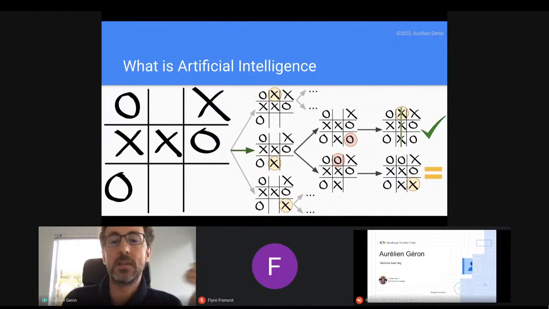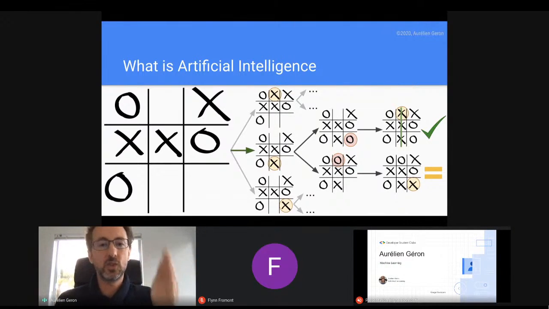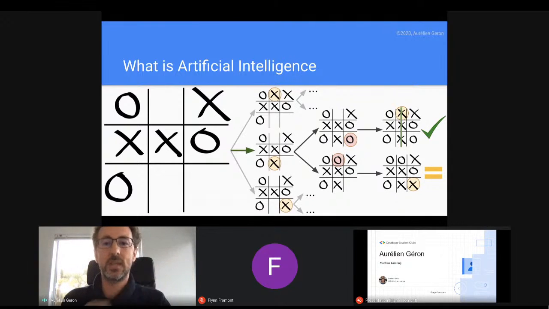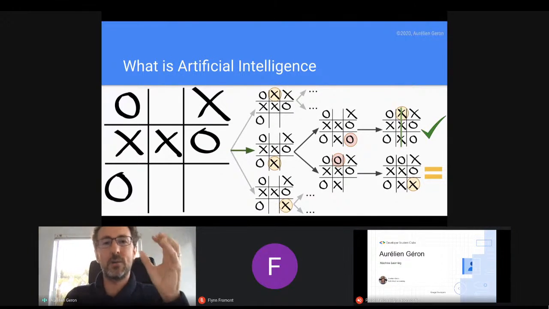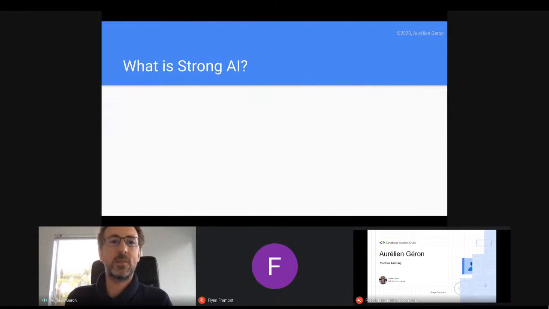So this is basically navigating through a tree, and there's no fuzziness. It's all very strict with very clear positions at each step. There are a lot of things you can do with that, and it does seem smart when you play against it. It will beat you every time. So it is part of artificial intelligence, but it's kind of rigid, if you see what I mean.